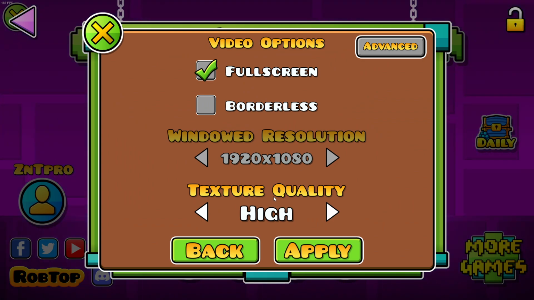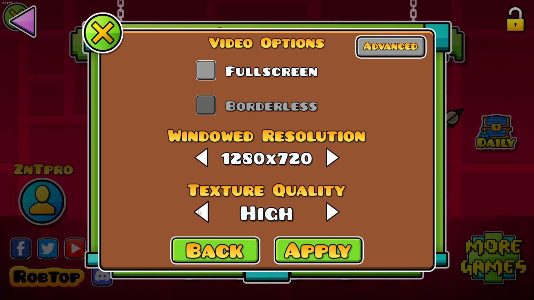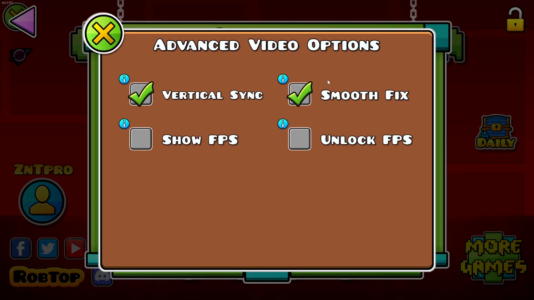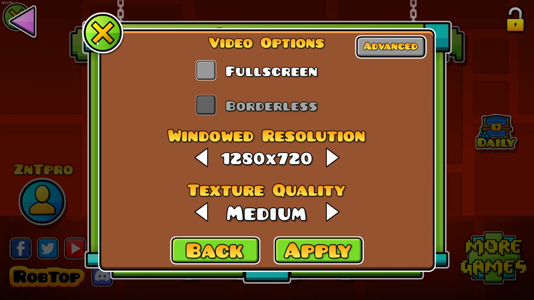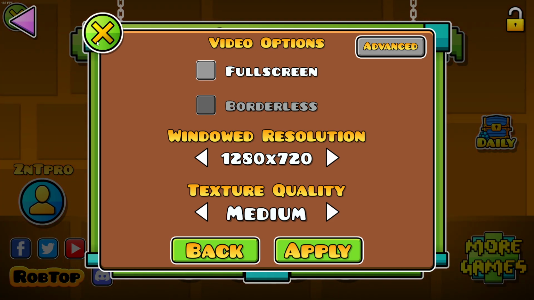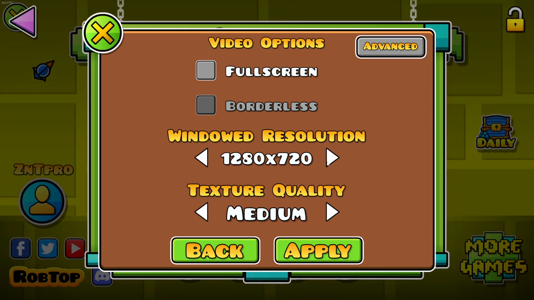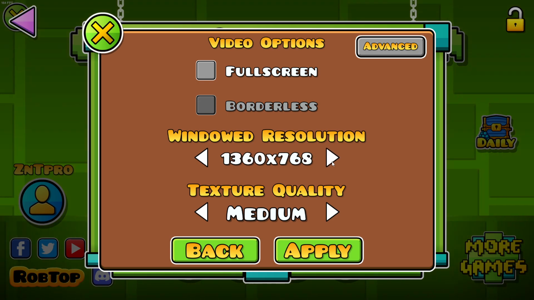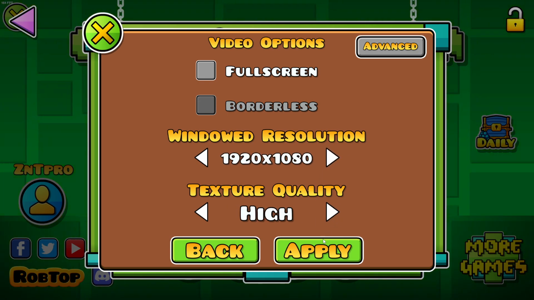And remember, you can mix them, like you could be non-full screen going down to 720p with medium settings and smooth fix turned on. You could put all those, you can mix them. You could do one, you could do two. You don't have to do one or the other. You could stack them all on top of each other for the best FPS. And the last way I'm going to show you is